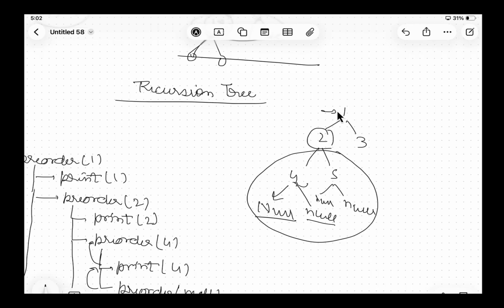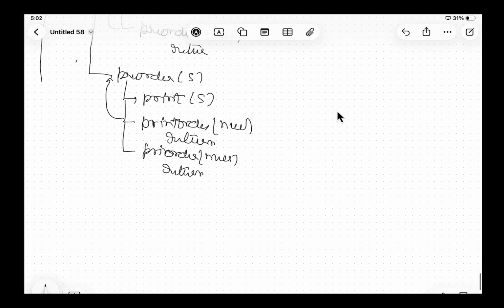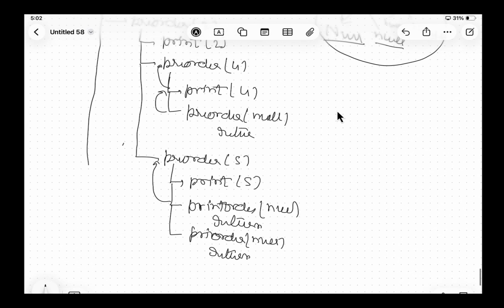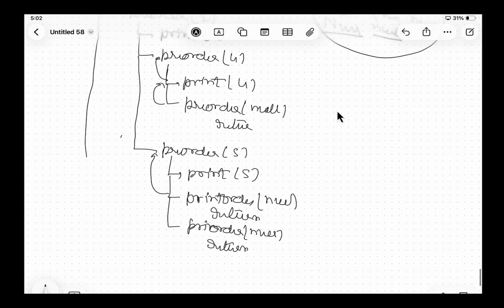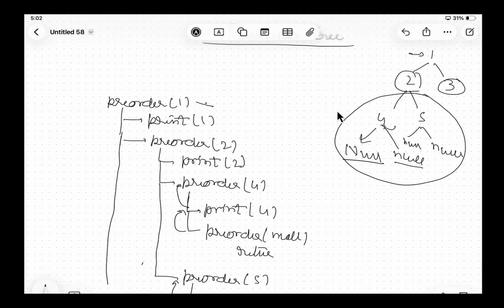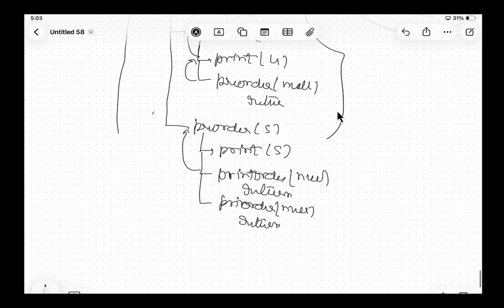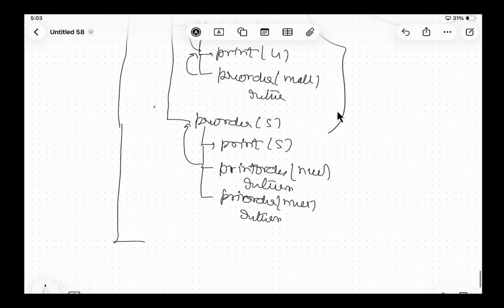Not node, I will go pre-order, right? Node is already done here, sorry. So now I'm going to write. So let's go to the right now. So right will go at this level. See, the left I was processing here on this part, all these were the left part, right? All these were the left part. So now, in parallel, I'm going to call the pre-order with 3, that is the right